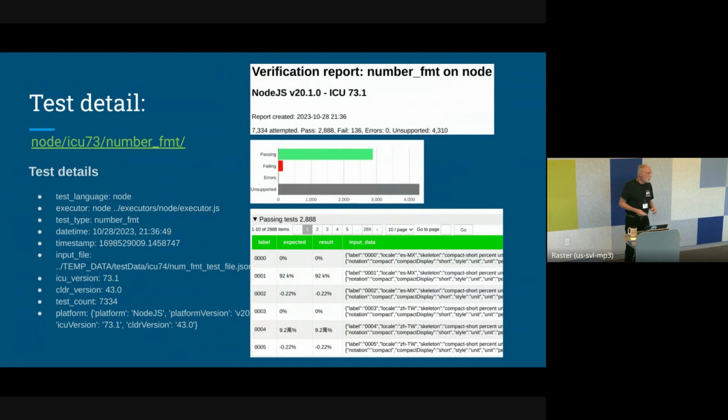There is test detail that you can get for each one of these. So this is a verification report on number formatting in Node. And note that there's a nice long green passing bar, a tiny little failing bar with only a few errors there. And we can open up the section on passing and get all the information for each of the test labels. There's an expected value, there's a resulting value, and there's all the input data, which was all the details